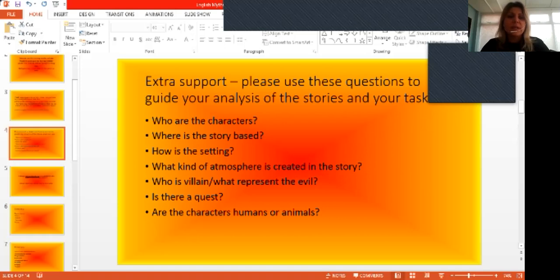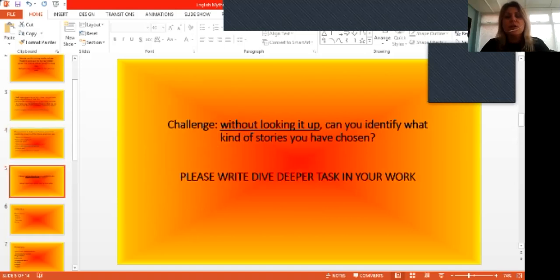Also, please do not look it up. It's just something for us to know where you're at with your knowledge. So please, if you're not sure, don't put it there. You can just write, I'm not quite sure, or maybe have an educated guess if you have a vague idea what it could be, but please don't look it up because this is something that we're going to find out next time together.